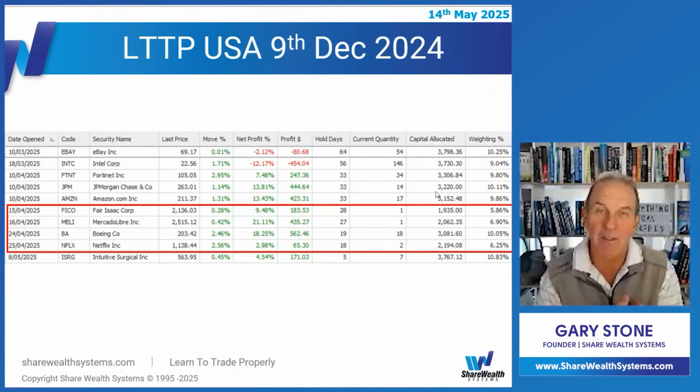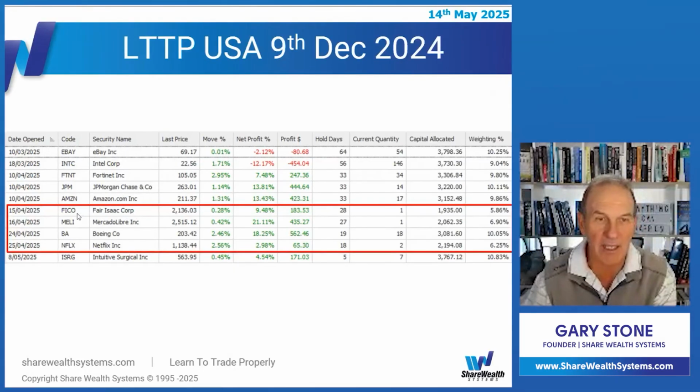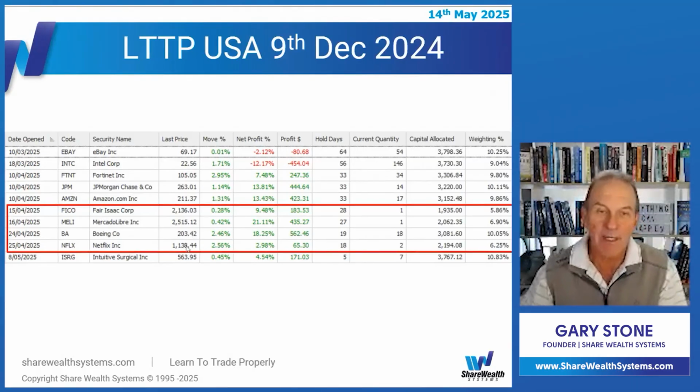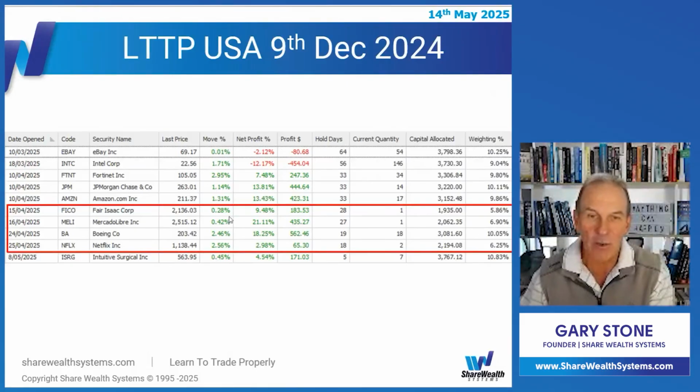If it was a profit acquisition portfolio, we'd need to write in our trading plan what we do with these large priced stocks here. So Fair Isaac is a $2,100 stock. Melly is a $2,500 stock, and Netflix is an $1,100 stock. So what does that mean when you're trading with a relatively small amount of money? It means you couldn't take a second position here. So you just took the first one at $1,900,